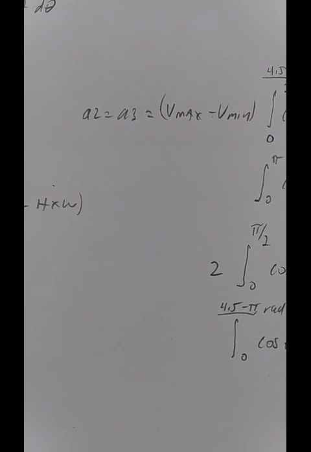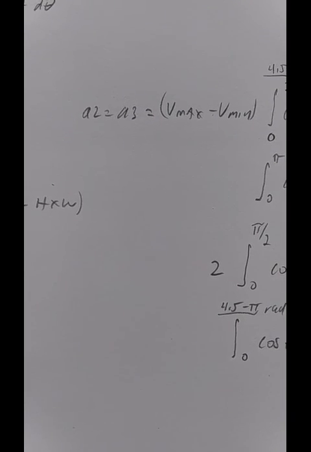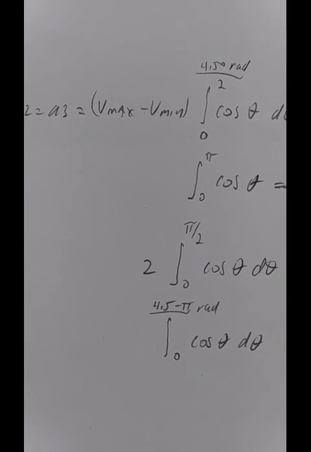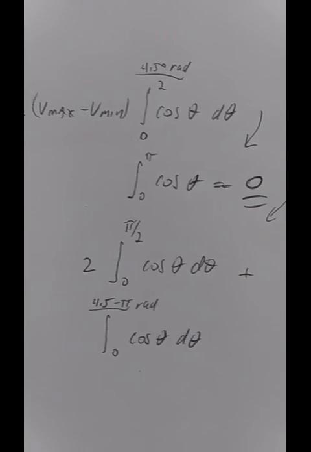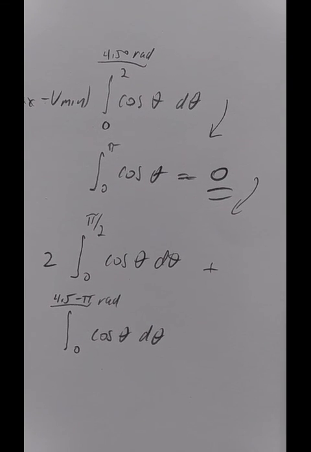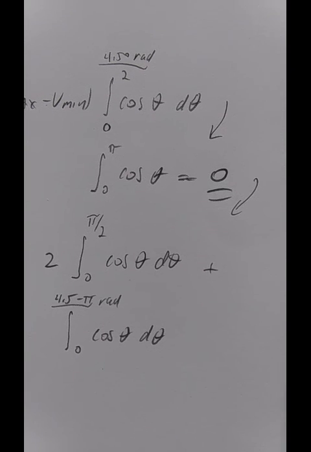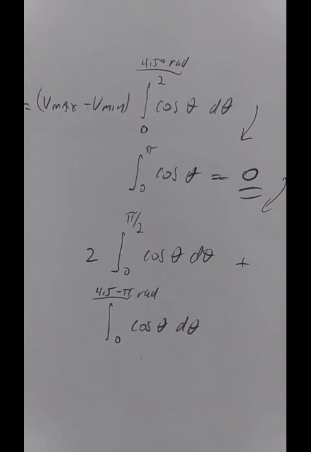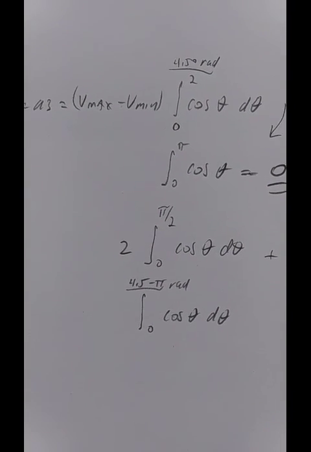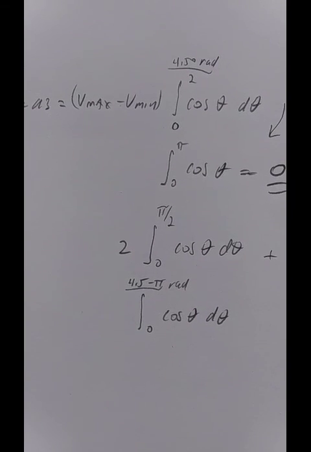Now the two side areas, if you will, A2, which is equal to A3, is found by the voltage maximum, 2 kV, minus the voltage minimum, 1 kV, times the integral from 0 to 4.5 radians divided by 2. That's a little bit erroneous. That's not quite right, but I'll make that up in a minute, of the cosine of the angle. For an interval of 0 to pi, cosine of theta is 0, so we have to go down to doubling A2, which is what the number 2 is,